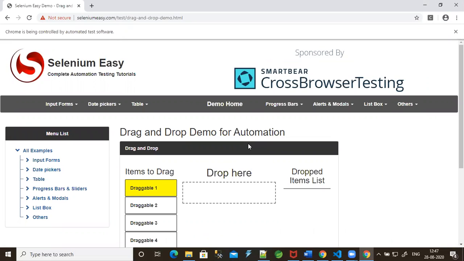It picked up draggable. Something went wrong.